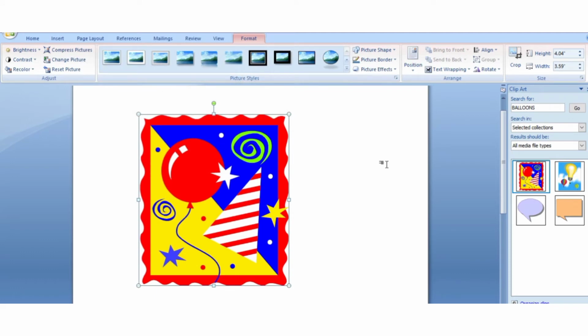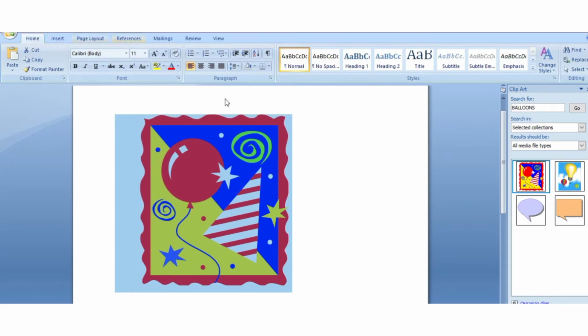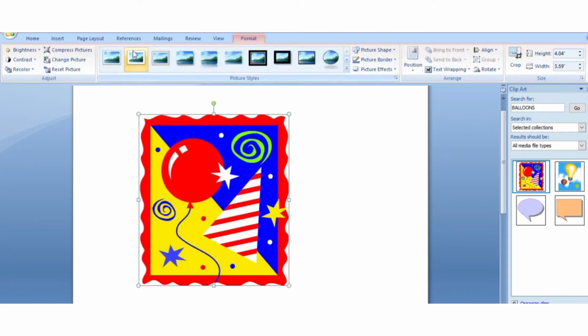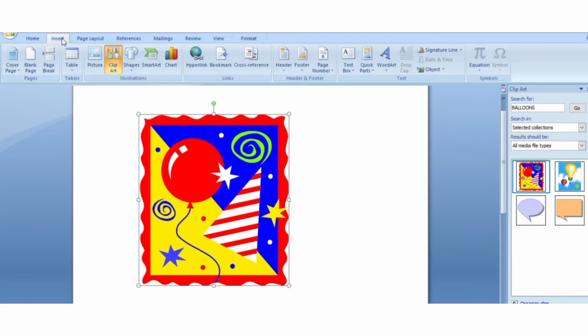Next is inserting pre-designed shapes. We have already studied this option, how to insert a pre-designed shape. For inserting anything, whether it is a picture, clip art, table, shapes, chart, anything, you have to go to the insert option. So we will go back to our insert option for adding pre-designed shapes.